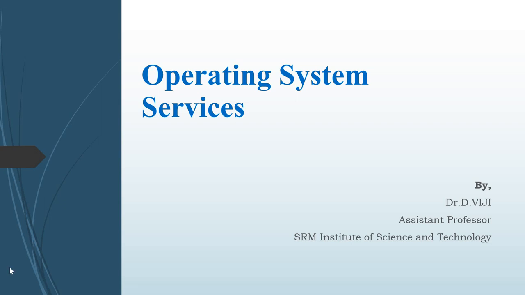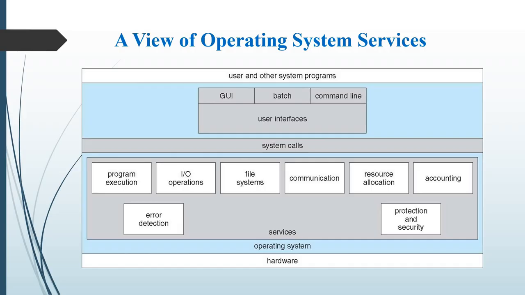Welcome to the session. In this session, we are going to discuss in detail operating system services, how the operating system is working, and what services are provided based on the user functionalities and the system functionalities. Seeing in this figure, the first thing is the user part: user interfaces, system calls, and operating system services. Under these services, program execution, IO operation, file system, communication, and error detection,